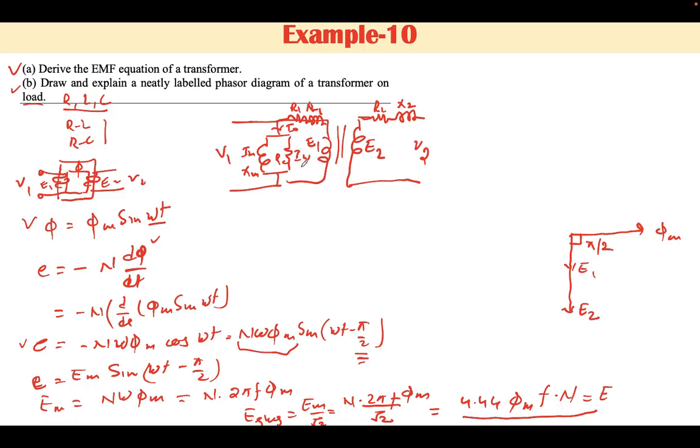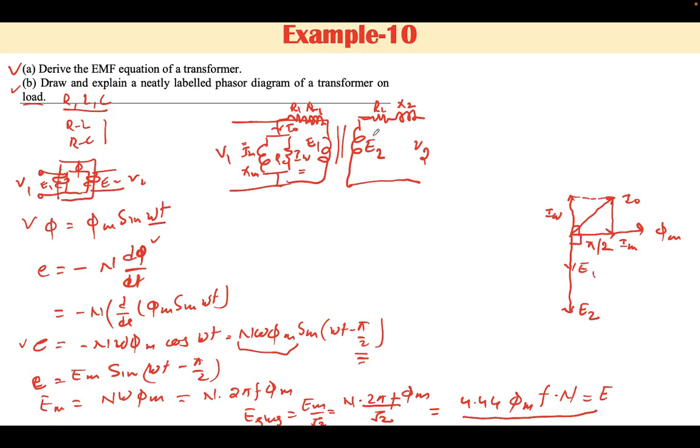It has two components, IW and IM. IM is the component of the current which is responsible for the development of flux and hence is taken in phase with the flux. IW is the current which is causing loss in the transformer, and hence it will be a resistive loss, which will be at 90 degrees with IM. The resultant of this IM and IW is nothing but I naught. This is the no load phasor diagram of a transformer, of a no load transformer.